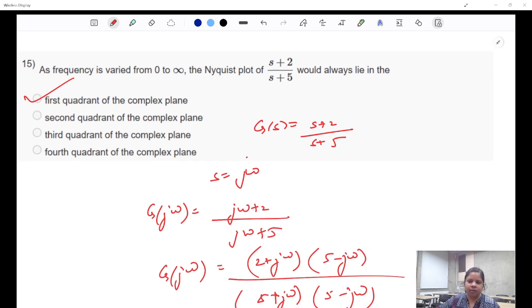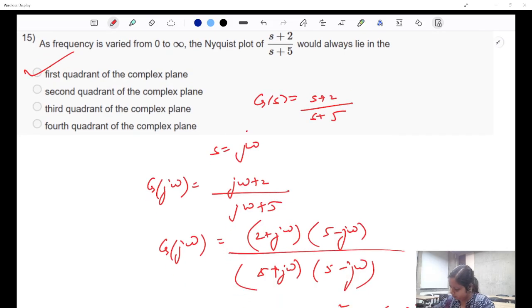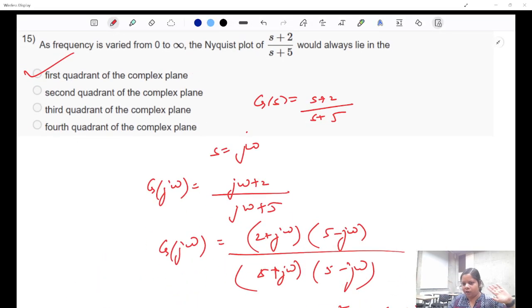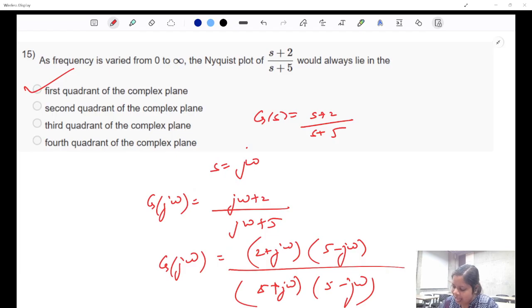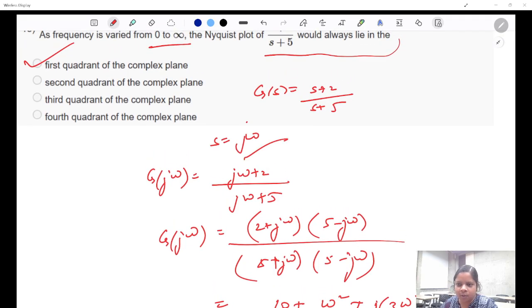Okay, Shubham. This question is very similar to what we covered before this. In this, what we are going to do, as frequency is varied from 0 to infinity, where would the Nyquist plot lie? You have to convert it into j omega form and get